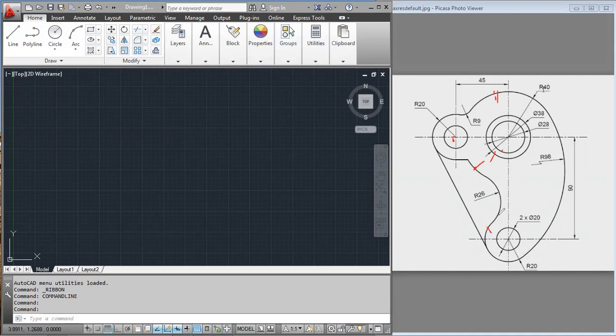Before I do this fillet, I will have to draw this circle as well, and for that I have to take this position. Once I draw it, the circle will look like this. Then I will do a fillet between this circle and this circle with radius 46.